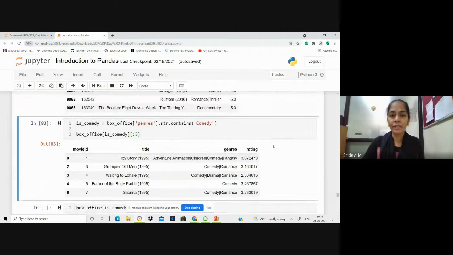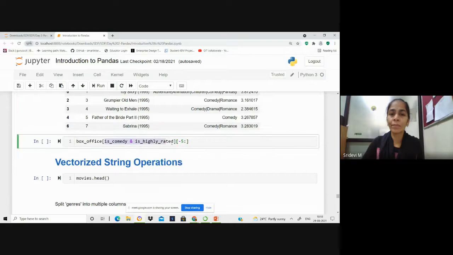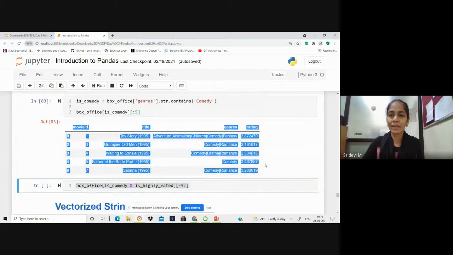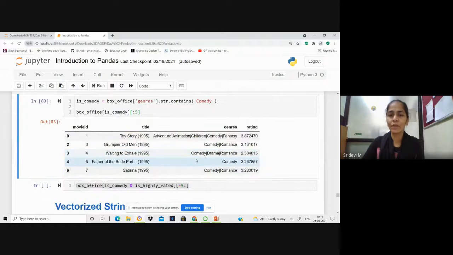Now, we want comedy movies, and at the same time, they should be highly rated. In such cases, we can apply both the filters. We can combine the filters by using the logical operator AND. So on this box office table, we want only comedy movies, and another criterion we prefer is that they should be highly rated, with rating greater than or equal to 4. In this case, we can see there are even lower ratings given to some movies. But we want to filter out the data of comedy genre movies,